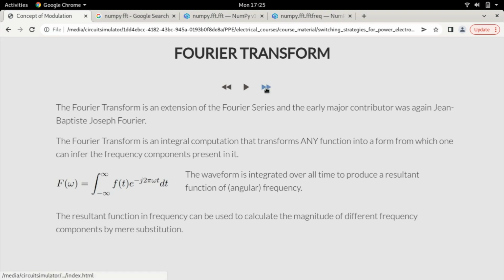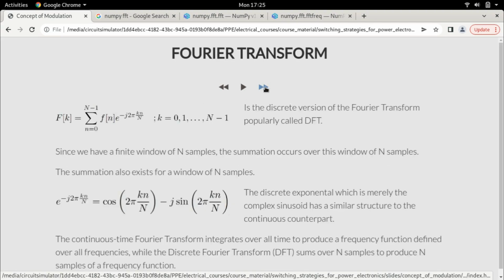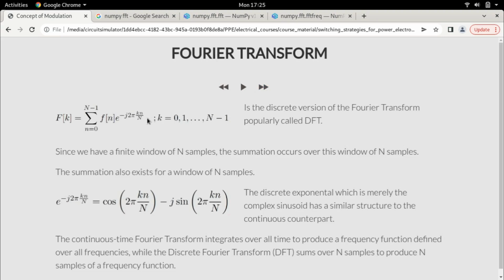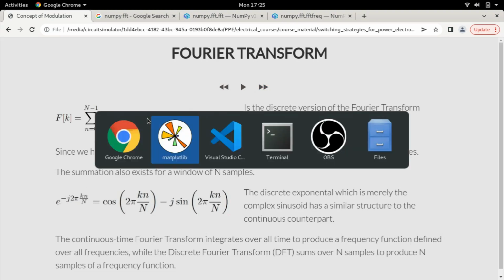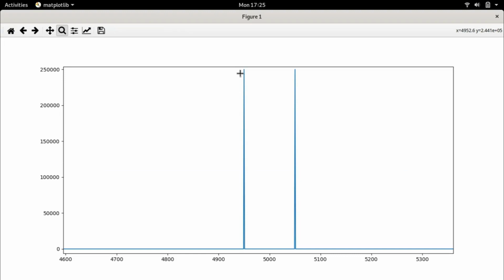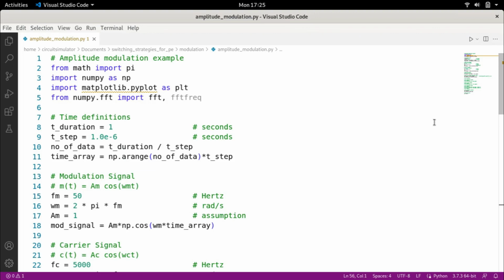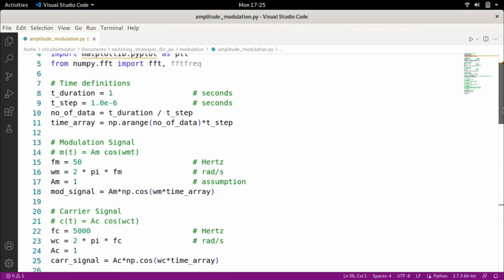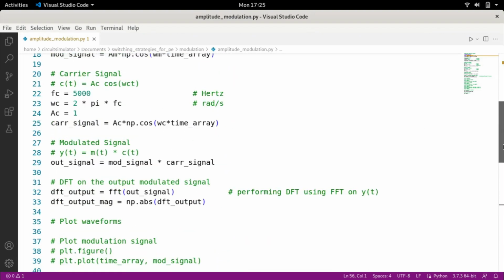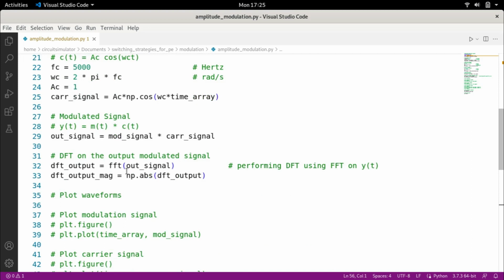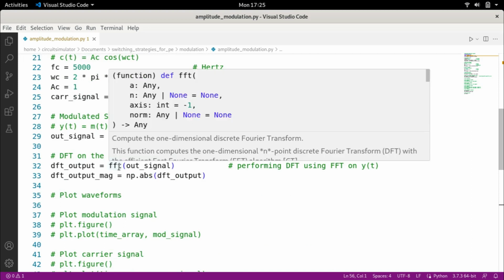But in this summation, there is no time step. And that is precisely the reason why we are getting this huge number, because it is not scaled. We have to scale it. So I'm going to close this screen, come over here. How do we scale it? We can't interfere with this method. There is nothing we can do. So what that means is